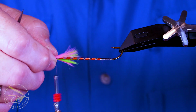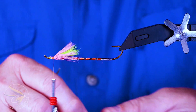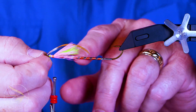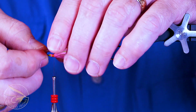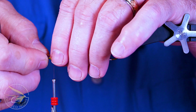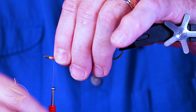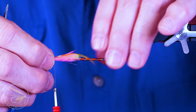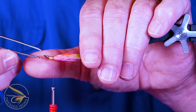So the last bit for the throat is some Golden Pheasant Crest. Now I'm not using a real long feather, I'm using just a shorter feather. I don't mind if it sticks out just a little bit beyond the throat. So I'm going to tie this in at the base of this feather, 2-3 wraps, getting it more or less in position where I want it, like that. And then if I can do it with my hands, great. If